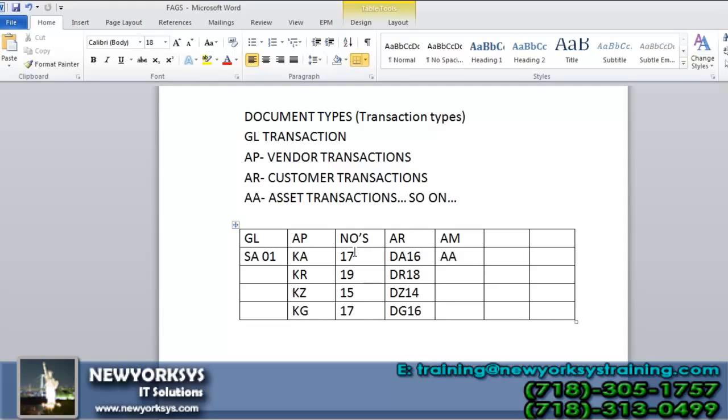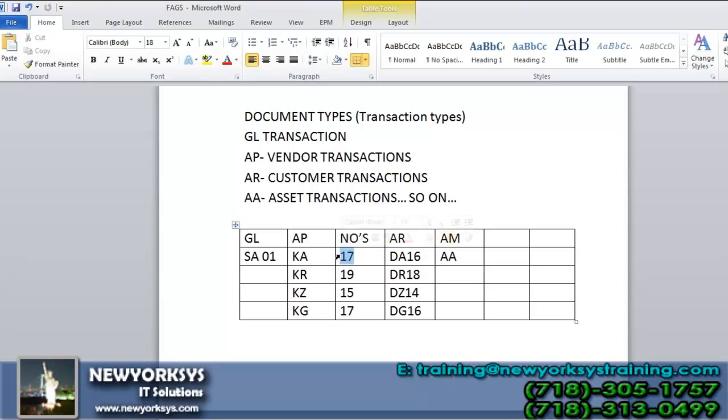So we as a consultant will be identifying and will be asking the question that how many types of business transactions are used by the company. So the client member will answer that they are using general ledger documents, accounts receivables, accounts payables, asset accounting, and so on. You will be collecting those requirements and coming to SAP customization screen and doing the configuration for that. Already these document types are identified or created in the SAP system.